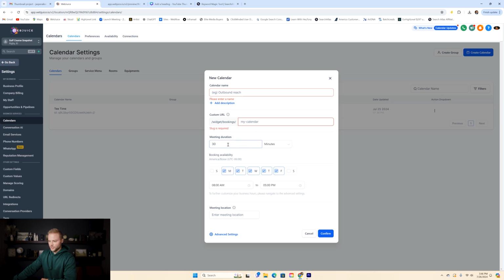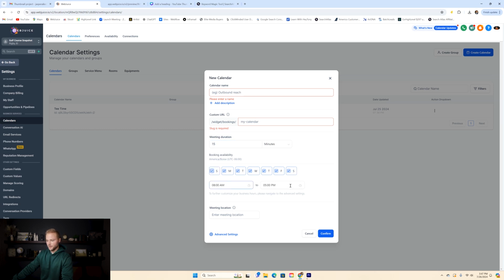And then, meeting duration, really we're just doing tee times, which are broken up by start times, right? So you can only have a certain amount of people starting their game at the same time. And so I think 30 minutes is plenty enough time. You could probably lower this to 15 minutes. This doesn't mean they'll only take 15 minutes to golf the whole course. But what it means is this is how often somebody can come and show up to start their game. And I think separating people or groups by 15 minutes is probably pretty good and what most golf courses would do. So you do 15-minute duration intervals, like how often people can book,